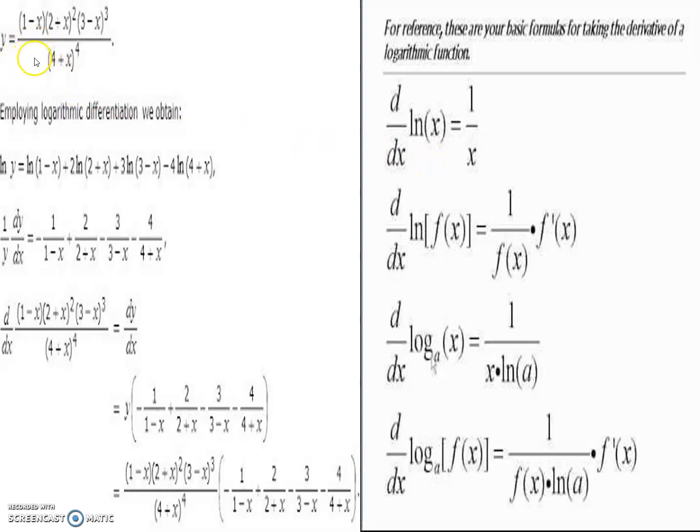In this example, we have y is equal to (1 minus x) (2 plus x) squared (3 minus x) cubed upon (4 plus x) raised to 4. We have to take the log of both sides. We have to take the ln of y. So log, we know that log means multiplication. There is a plus 1 upon 1 plus minus cos x, 2 upon 1 plus